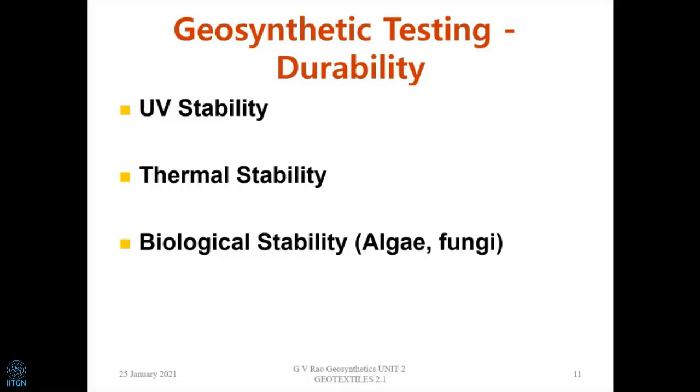And I can also tell you that normally we don't just average it like that. We have a system called maximum or minimum average roll value. So there is a way in which we are going to pick up the material based upon these average values, and also a way in which we can reject the material, and a way in which we are going to make payment for the materials supplied, based on appropriate testing. So all of them are involved in the entire gamut of geosynthetic testing and evaluation, and construction and payment also.